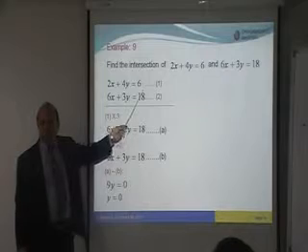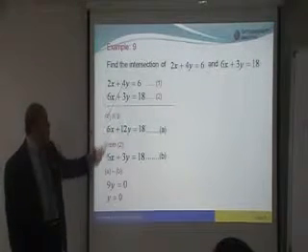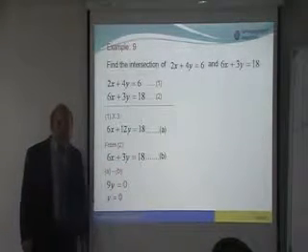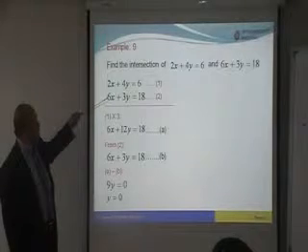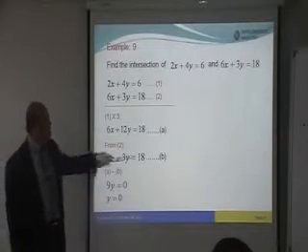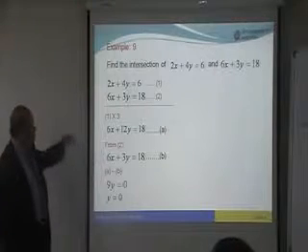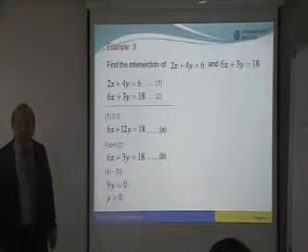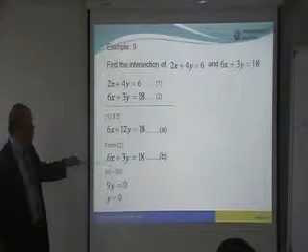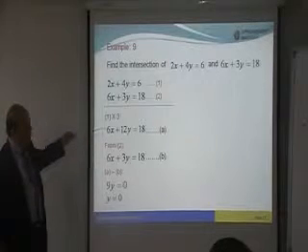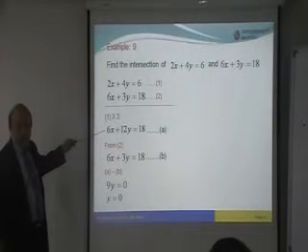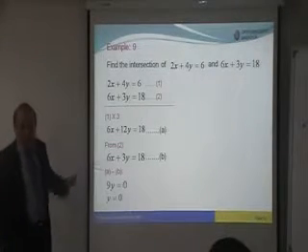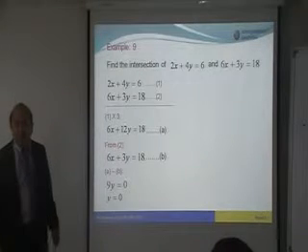Semua ni darab 3. So you get 2 times 3, 6, 4 times 3, 12, 6 times 3, 18. Let's say this is equation A, new equation. Then we bring down equation 2 here. Let's say this is equation B. Alright? So now you don't look at this, you look at A and B. So 6x and 6x is the same. So to get rid of 6x, what do you do? You minus. Take A minus B. You can take B minus A as well. Then you must check the y. This one 12y, this one 3y. So better take A minus B, so that you get all positive answers.